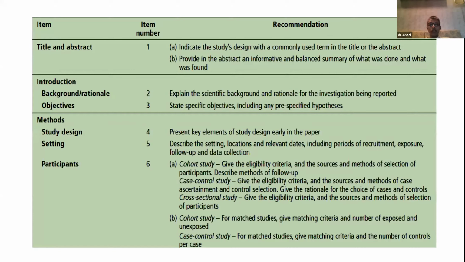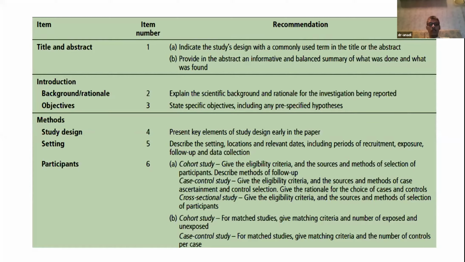Numbers 2 and 3, background rationale for your study. Explain the scientific background and rationale for the investigation being reported. Objective: state specific objectives, including any pre-specified hypothesis. Number 4,